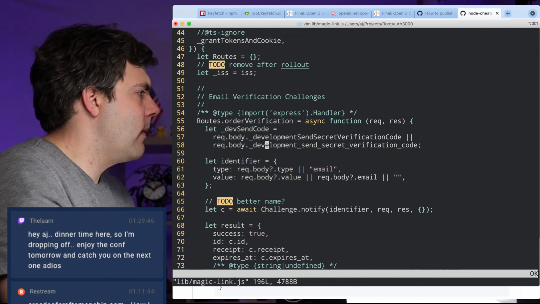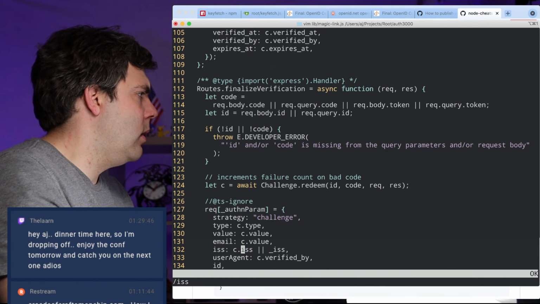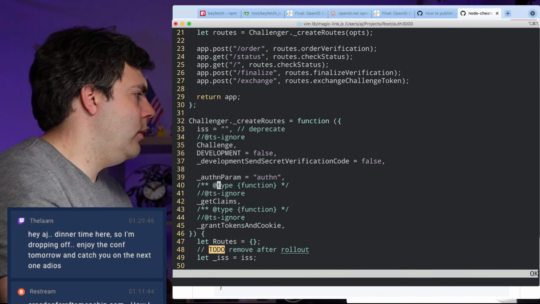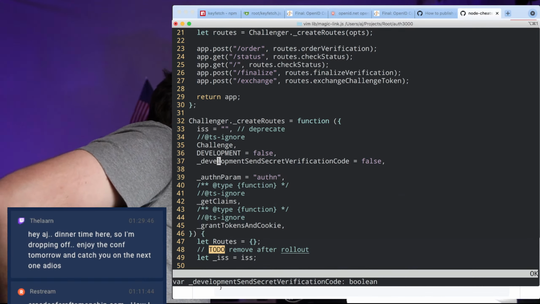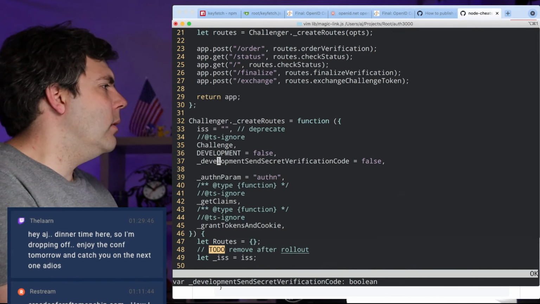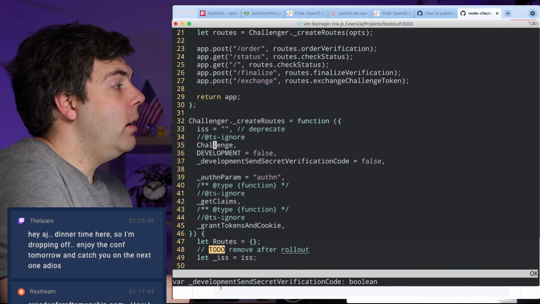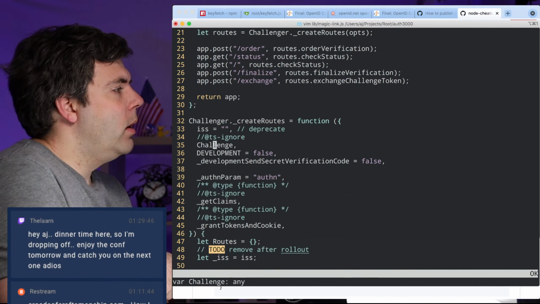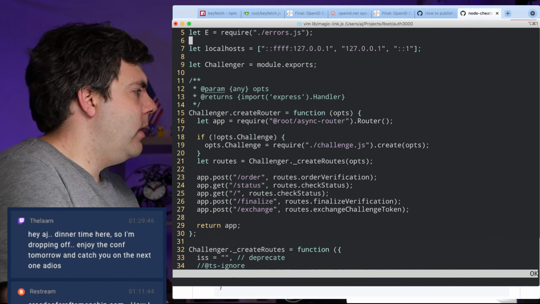Okay. So now we're really just down to internal stuff. Almost all the options get passed into this challenge thing, and the rest of them could be separated quite easily because they're just trickle downs.